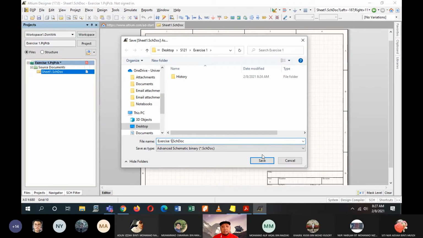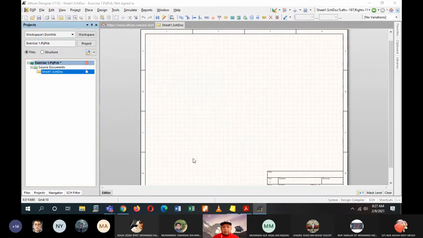Just name them equally, so that it's easier for you to find them later on. Now as you can see under my project PCB of exercise 1, I have one schematic document named exercise 1 as well, as well as on top of here.